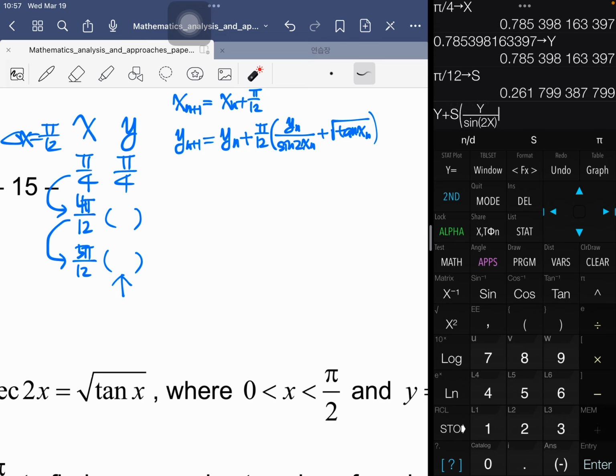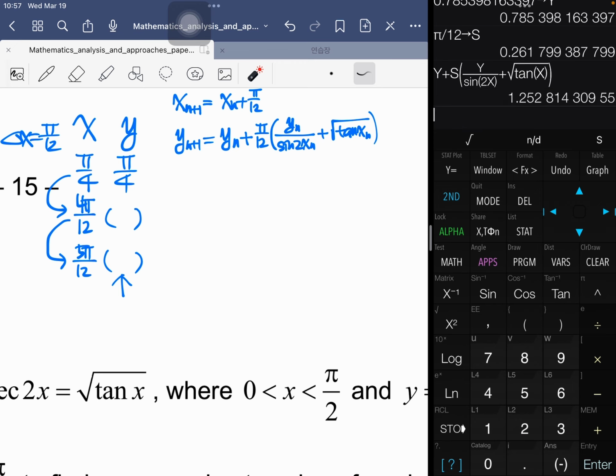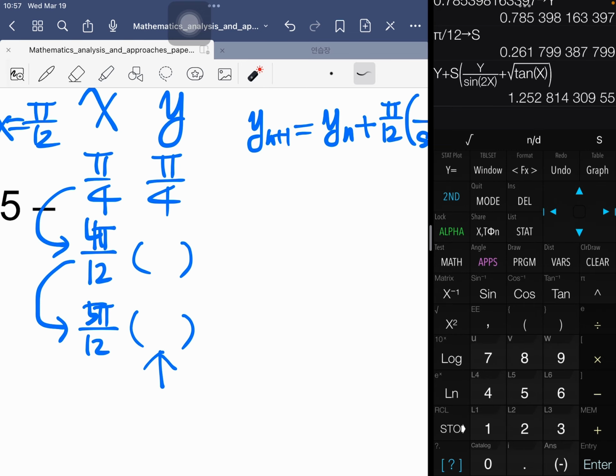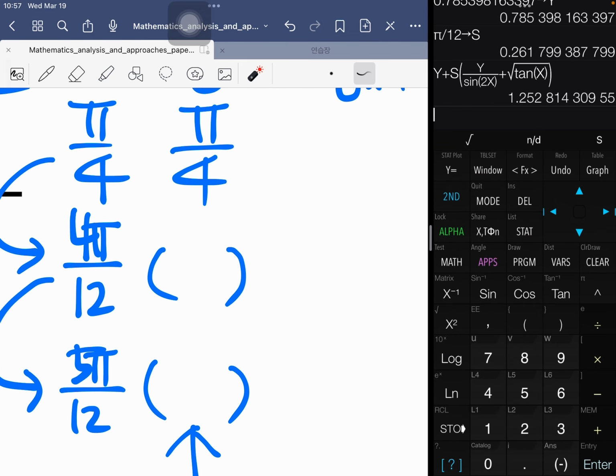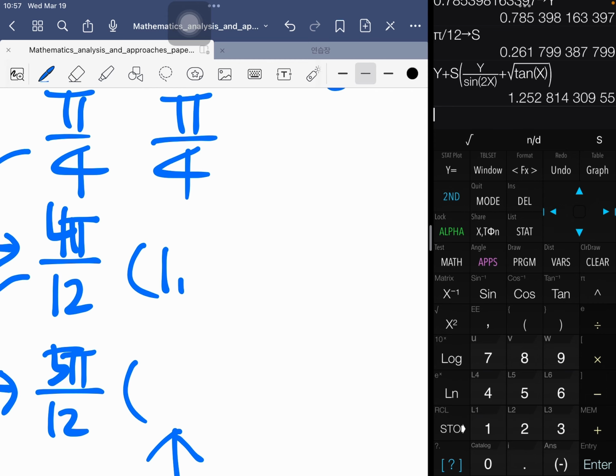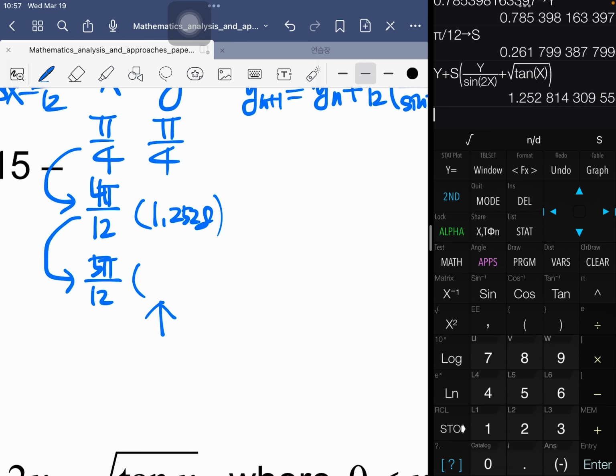Plus square root of tangent of x value. Because we already stored x and y, we can calculate this value, which is 1.2528. So storing this value again to the y value, let's define this as the new y value, and then